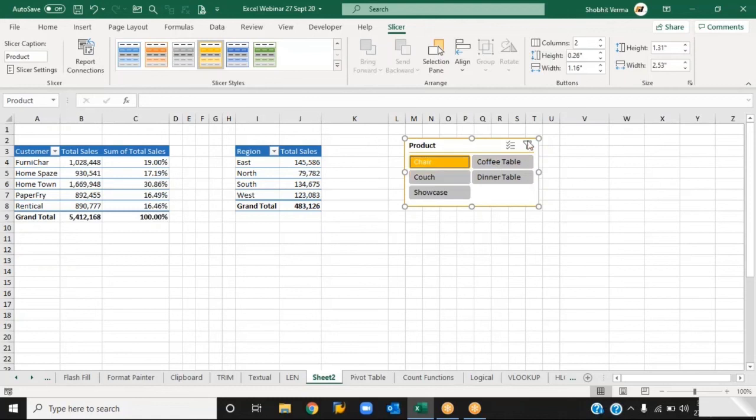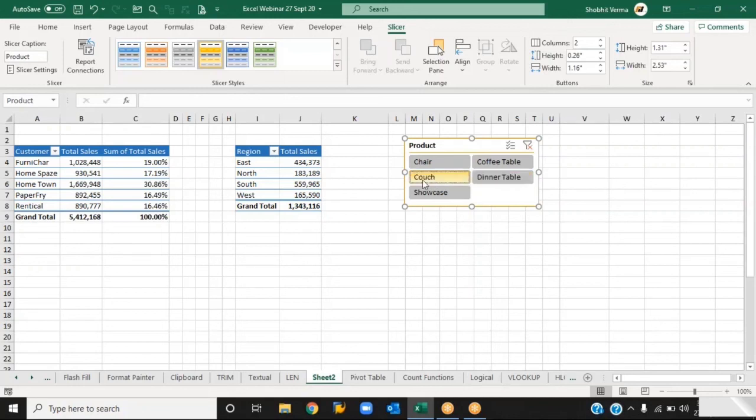So if you click on this, it changes. And if you want to select multiple items, you can click on this for multi-select. Suppose I want to see the chair and the coffee table data. For these two, it is showing you the data. For the couch, if I add this, yes, you can use this. If you want to deselect, you can use this, if you want to select individually. So in this way you can use a slicer.